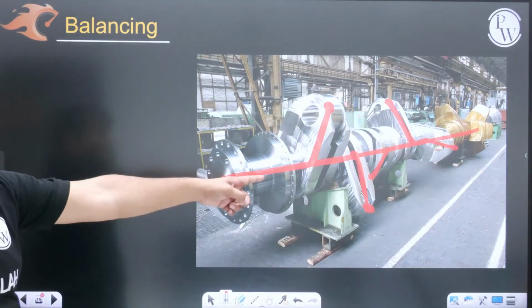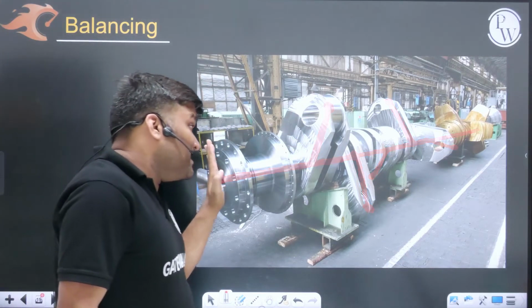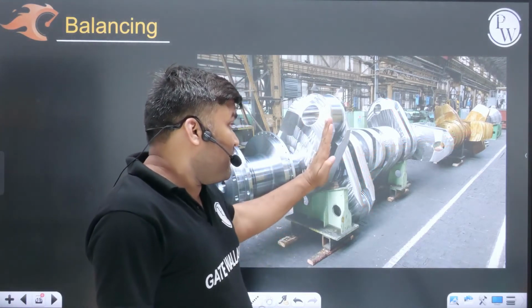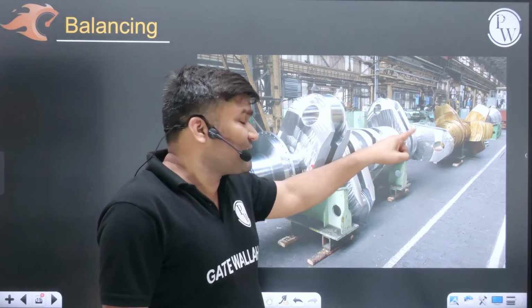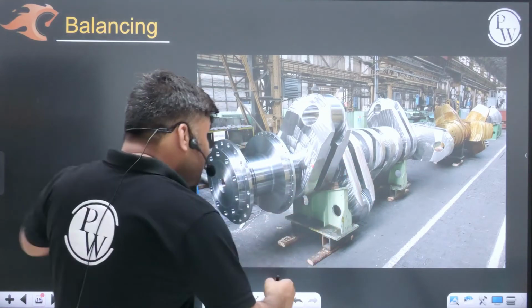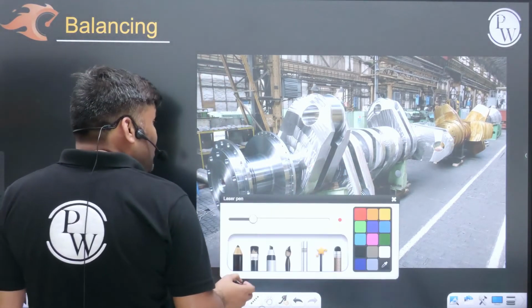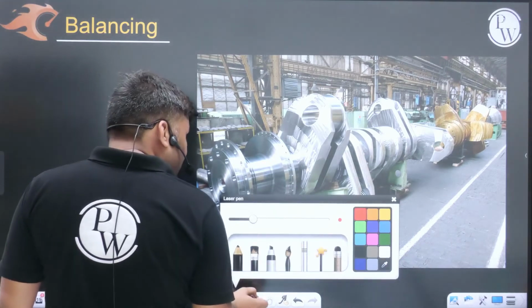These are so many cranks. Line diagram I have shown. Real diagram you can see. Can you imagine? There are so many things. One crank, another crank, another crank, another crank. So many cranks, distributed along the length. I can imagine them as masses rotating in different planes. If I draw the diagram,